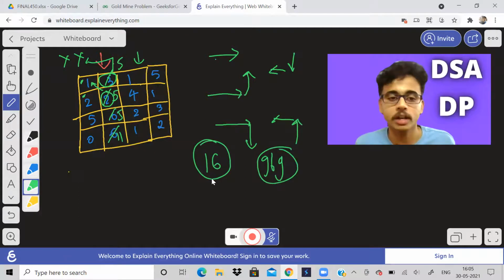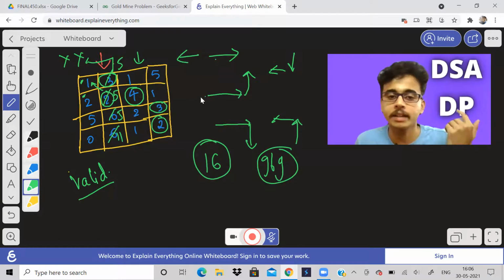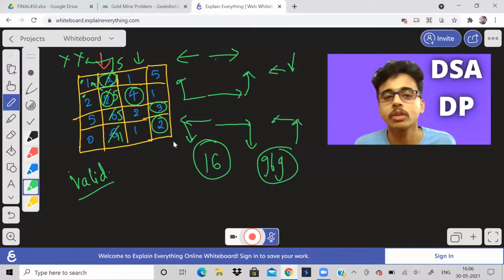So I would like you to pause the video and continue further. I have shown you for one column. Can you do it for the others? What will it be for column number 4, column number 3? Over here again, we have to just check for valid points. What are the valid points? We can come from the right side, or right up, right down. So check the opposite. Is the left side valid? Is this valid? We have to check those points, get the maximum and add it to that value in the matrix. Let me check if I have coded this somewhere or not.